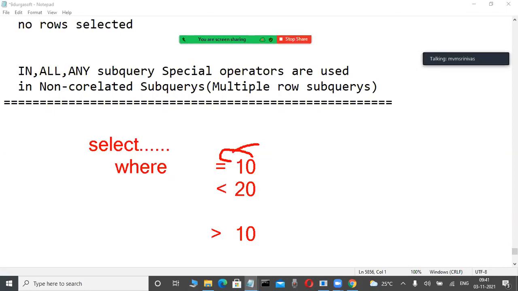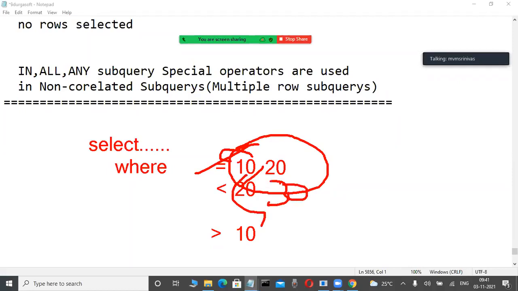Suppose I try to compare multiple values, is it possible? Not possible. In mathematics also, 10, 20, 30, how is it possible? Impossible. Suppose here 20, 30, like this, is it possible? No, impossible. Whenever we are comparing multiple values along with a relational operator, it is impossible. To overcome this problem, if you want to compare multiple values along with the relational operator,